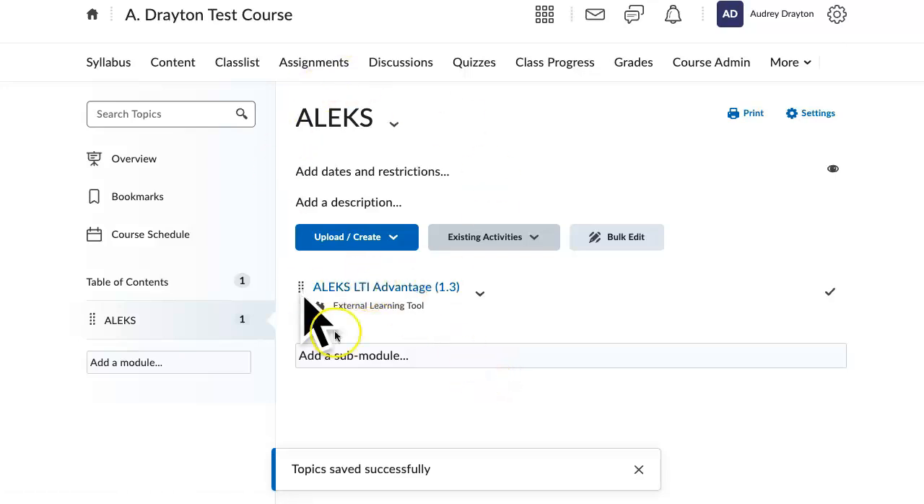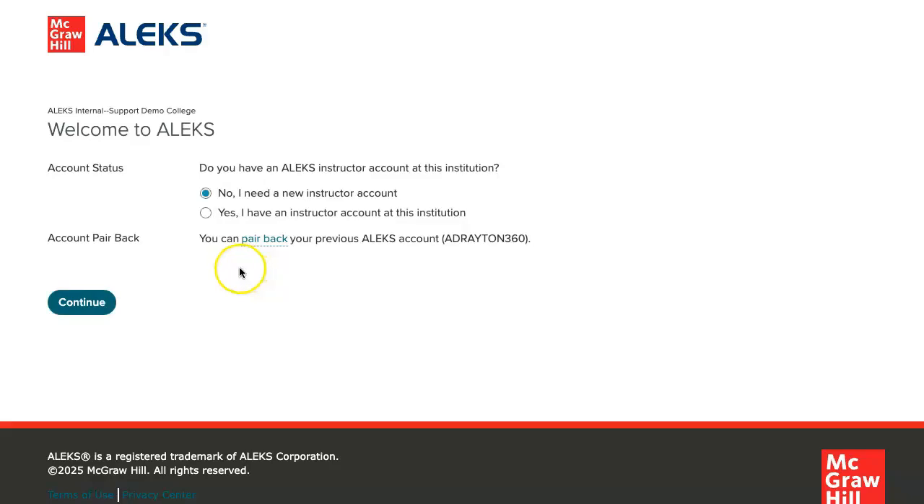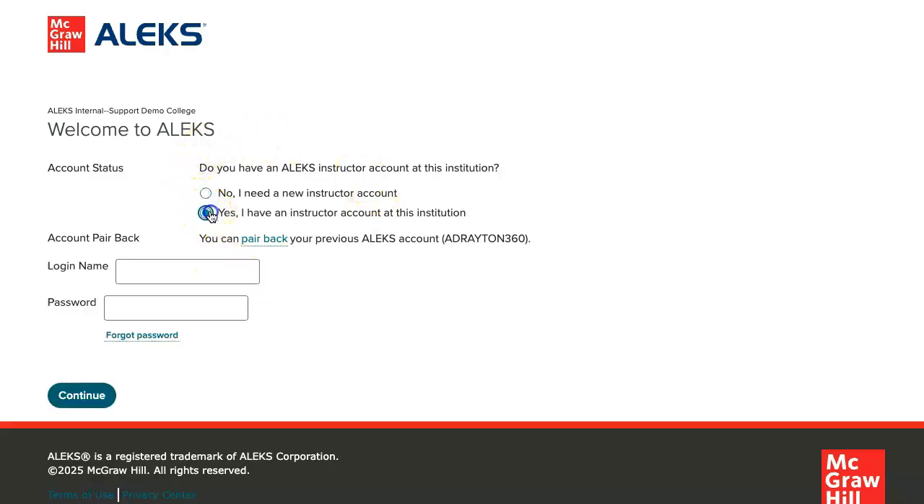Once you have your tool added to your module here, you're going to click on the link to that tool, and it should automatically open up a new tab taking you into ALEKS to sign in and pick your course. If it doesn't automatically open like mine just did, you may need to disable your pop-up blockers. The first question it's going to ask you is if you have an ALEKS instructor account at this institution. Majority of the time you're going to say yes, and you're going to sign into your existing ALEKS account,